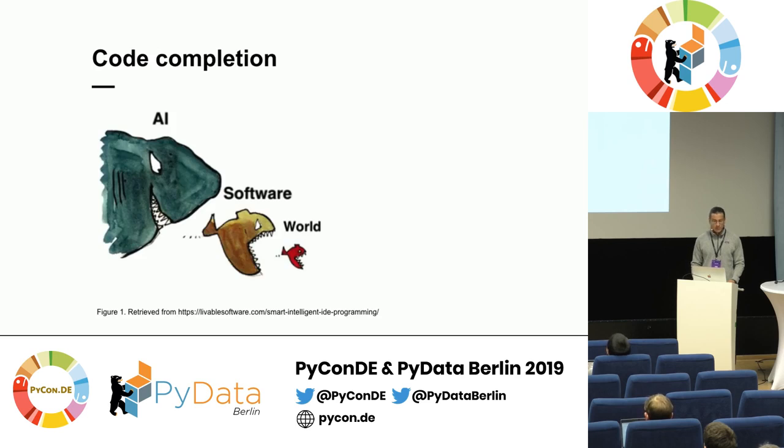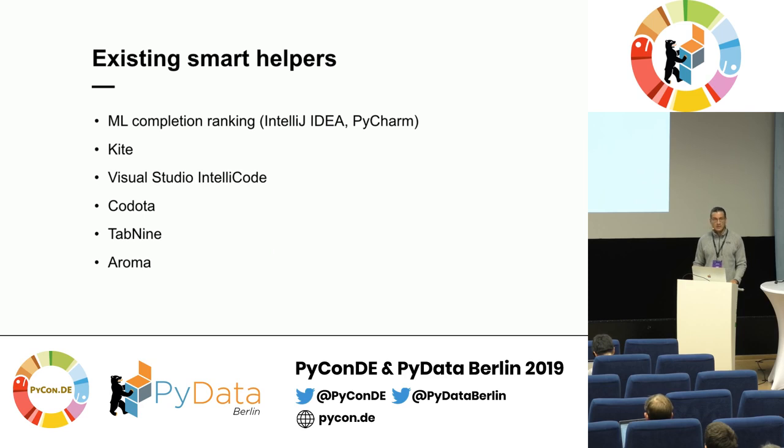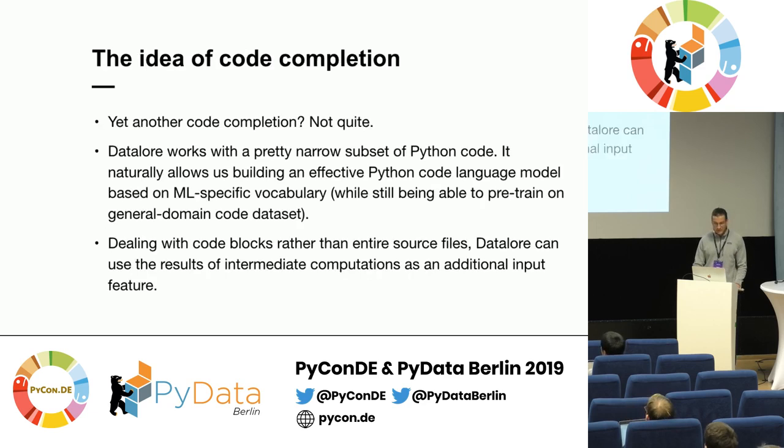The second part is about code completion. It's also a hot topic, and lots of companies like to get rid of data scientists or engineers with AI algorithms. And for sure, there are lots of existing solutions of smart helpers and code completions. At JetBrains, we already have ML completion ranking, which you can activate in your settings in IntelliJ IDEA and PyCharm. There are many of them from major vendors, but we at Datalore would like to